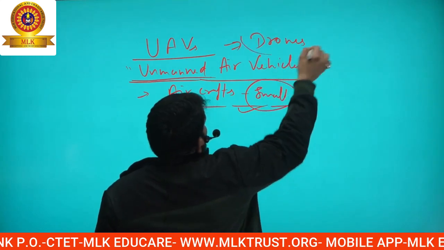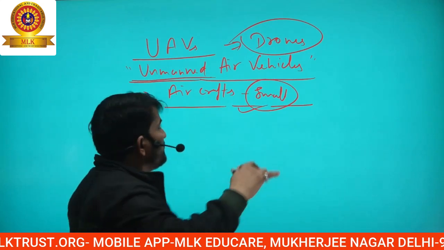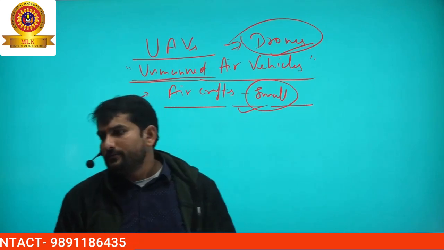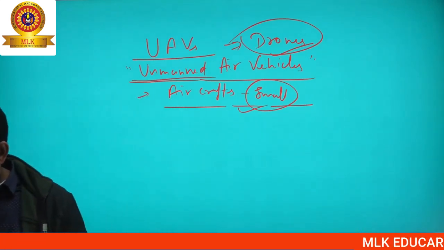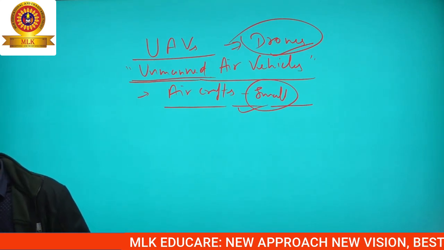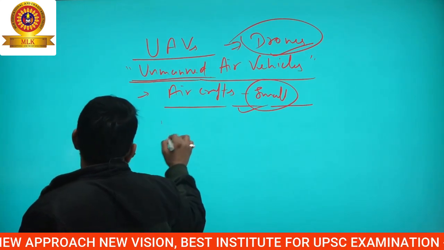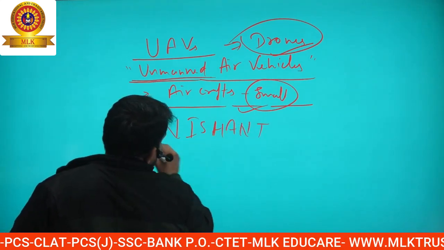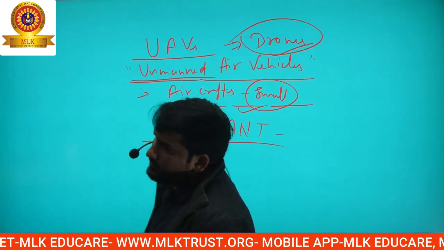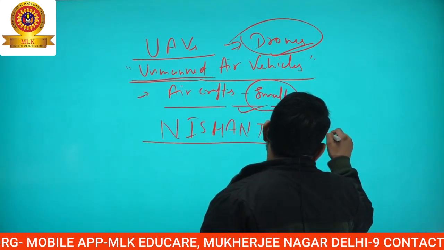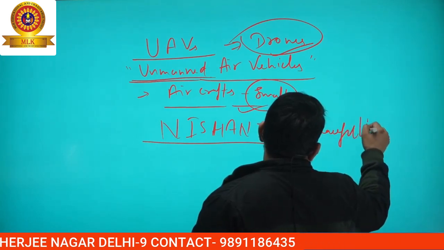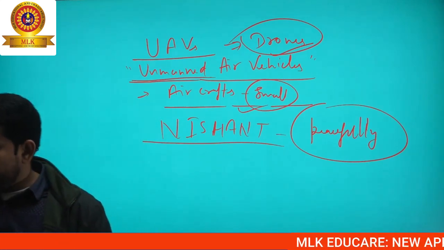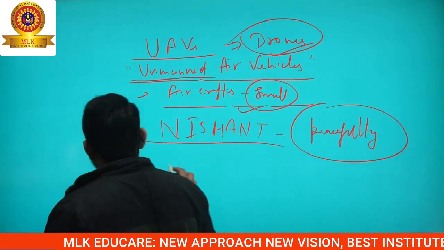What are they called? Drones. Drones are unmanned aircraft vehicles. So here are the drones which were developed by the DRDO. The first drone is the Nishant. What is the Nishant? Nishant means peacefully, that means without making noise. So Nishant is a UAV developed by the DRDO,